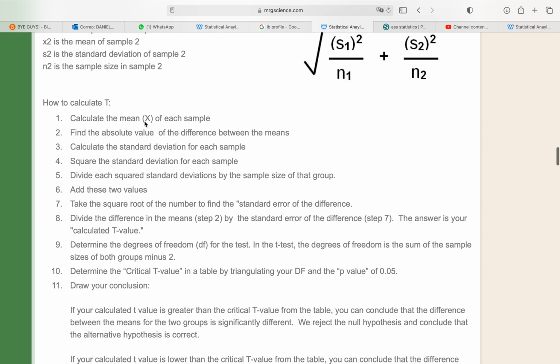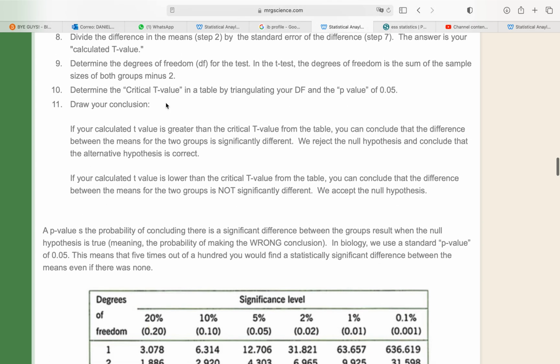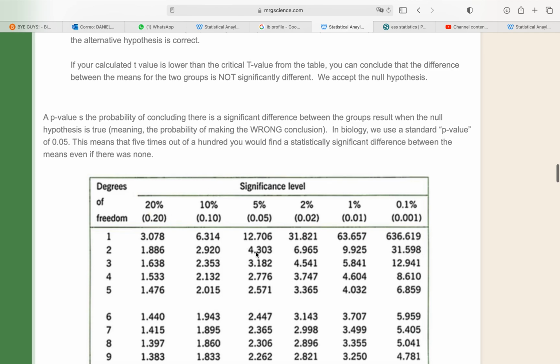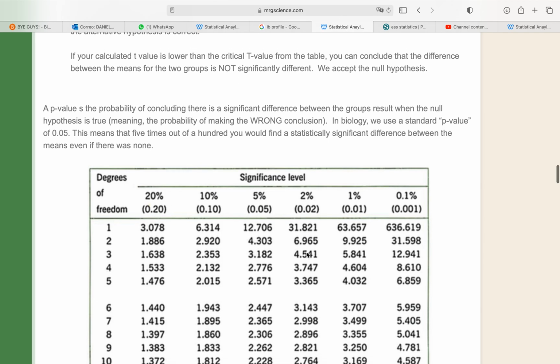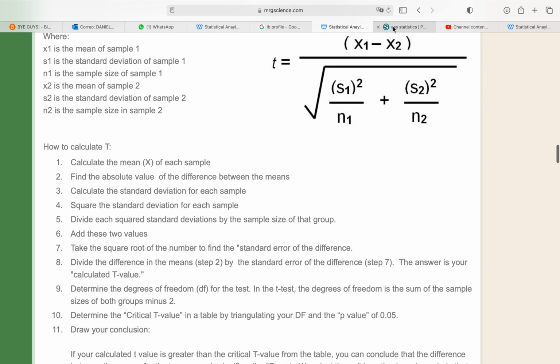We're going to do this in class, how to calculate t. We're going to follow the different steps. And we're going to use this also. I'm going to teach you how to use this table to do that. Remember